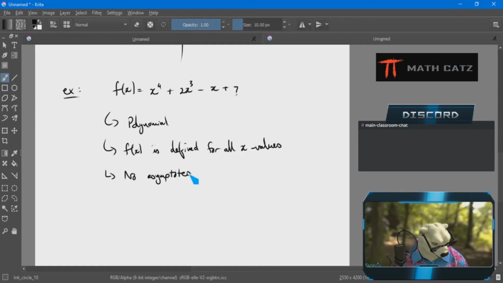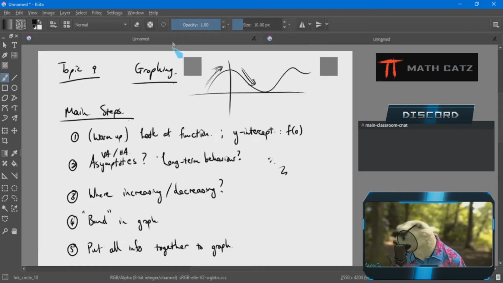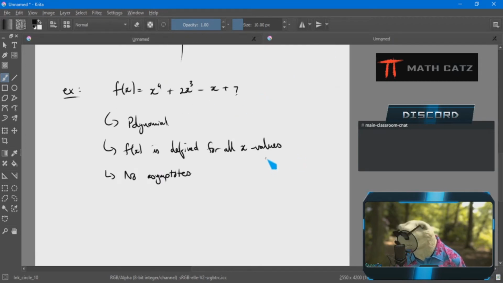So if we don't stop and think, I see people, let's suppose you have to do all the steps for this question. I see people not taking the time to identify the function and think what that means. And they just want to go to step 2 and think about asymptotes and waste a lot of time when a polynomial will never have anything significant to do in step 2 because of the type of function. So I can save myself a lot of time by identifying the function and just knowing what to watch out for and what to not worry about at all. There's not much to do,